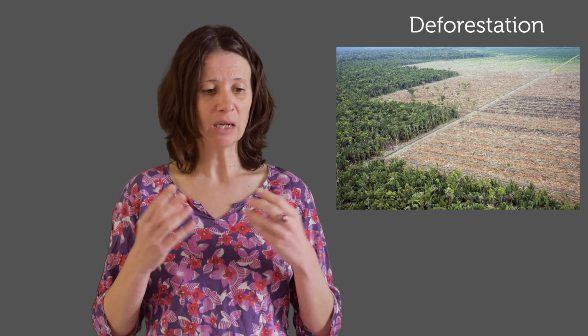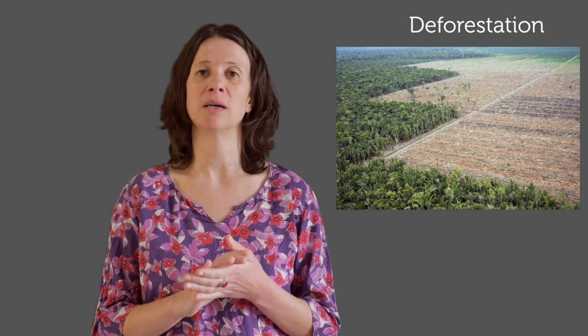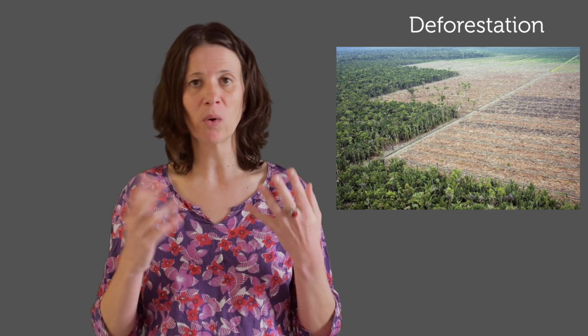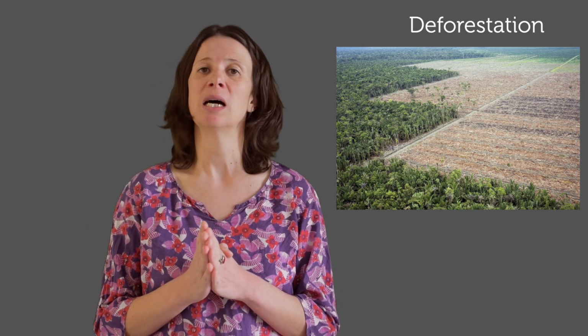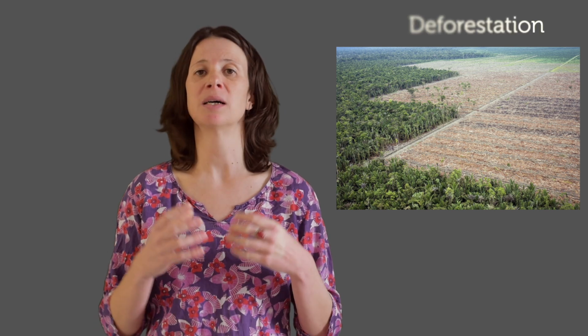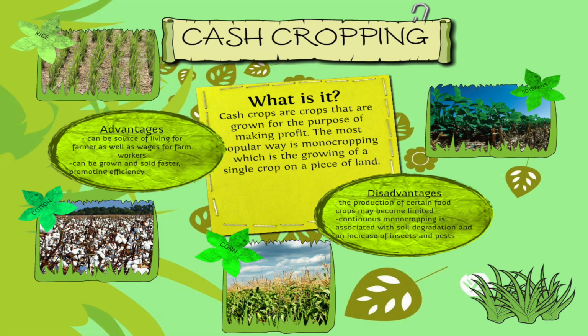Therefore, these crops are gaining ground, and there are less and less trees, so more and more deforestation. This heating up and this deforestation also leads to problems of food supplies, because when a company cuts down trees